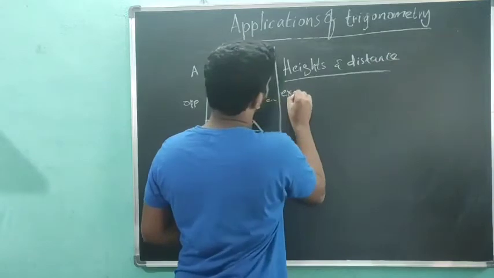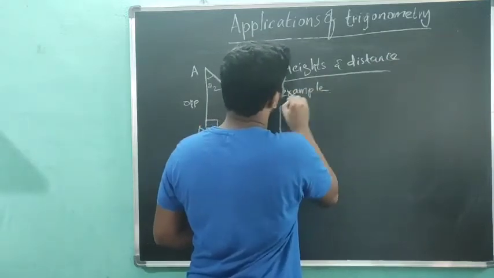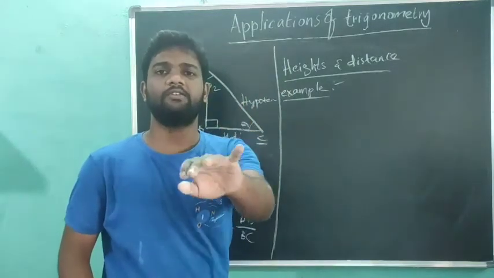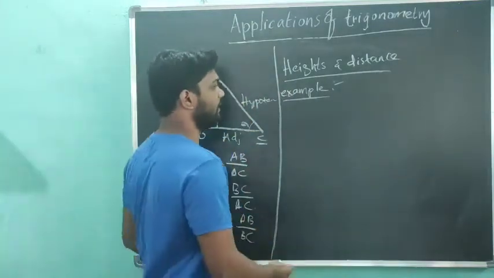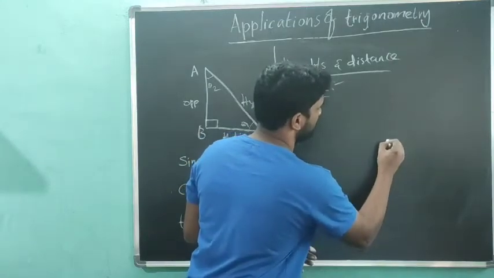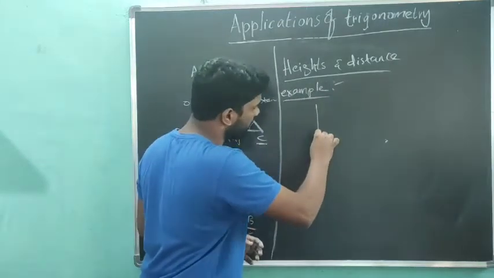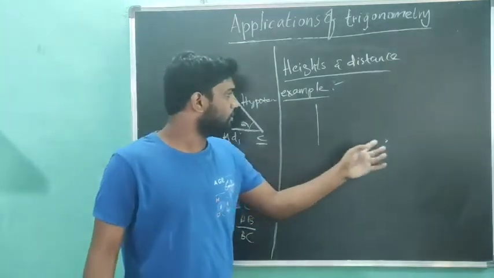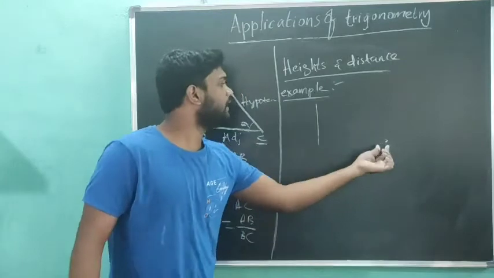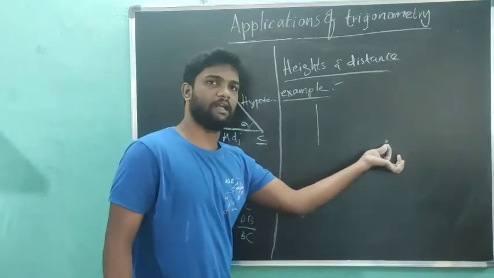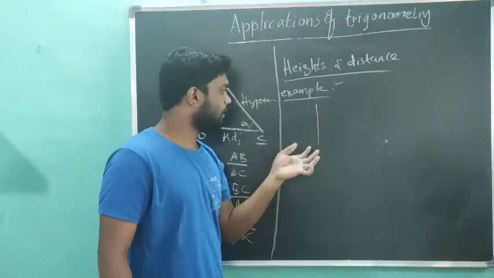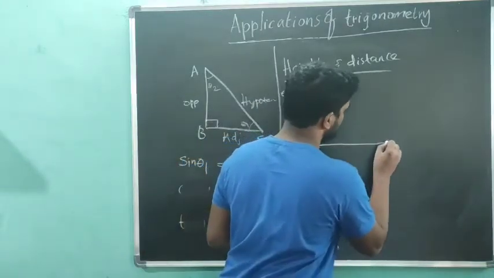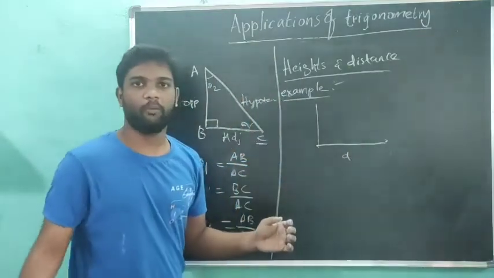Let me take an example, very clear to you. A very simple example I am going to consider. There is an electrical pole in front of your home and you are standing at your home, right? Now you are standing here. In front of you there is an electrical pole. While comparing the height of the pole to your height, your height is negligible. So I take you as a point. Now you are standing here. Your pole is standing here. The distance between the electrical pole and you, let me consider this distance as d. Hope you are clear.